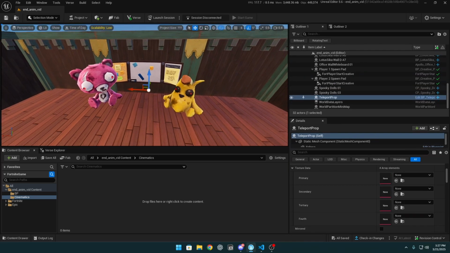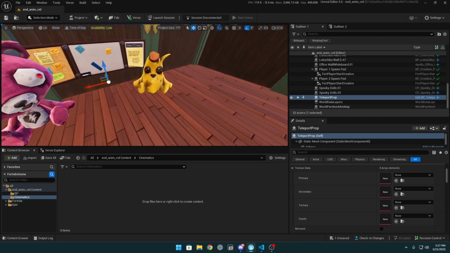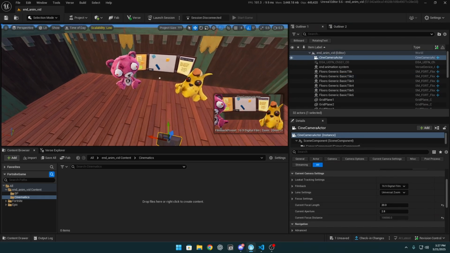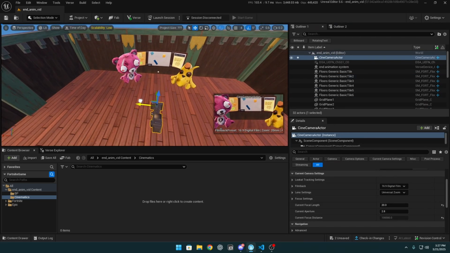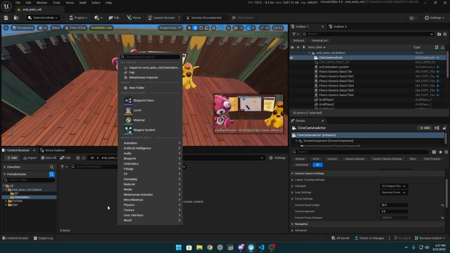And change the teleport prop to the center. Yeah, that sounds good. Okay, and let's see, maybe to the left a little bit. Okay, that sounds good. Okay, and in our cinematics we need to right mouse button click